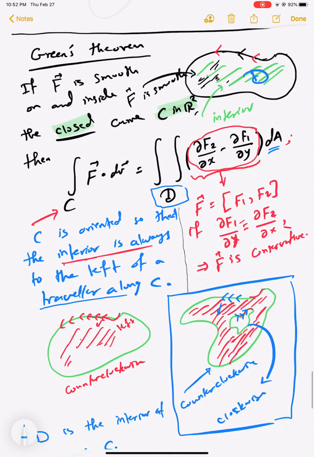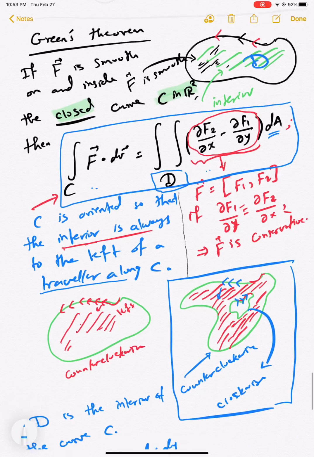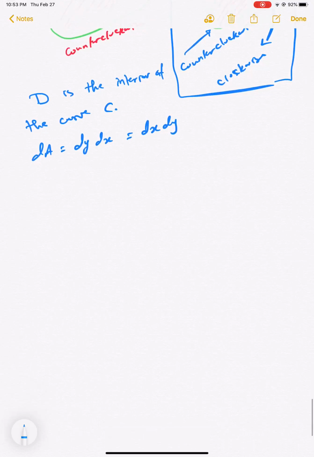So simply remember, the main idea of Green's theorem is to convert the line integral. This is the line integral. So instead of doing it using curve parameterization, we're doing it as a double integral. Now the question is, is it easier to do it as a line integral or a double integral? That depends. Sometimes it's easier to do the line integral using parameterization. Other times it's easier to do it as a double integral. And now let's see